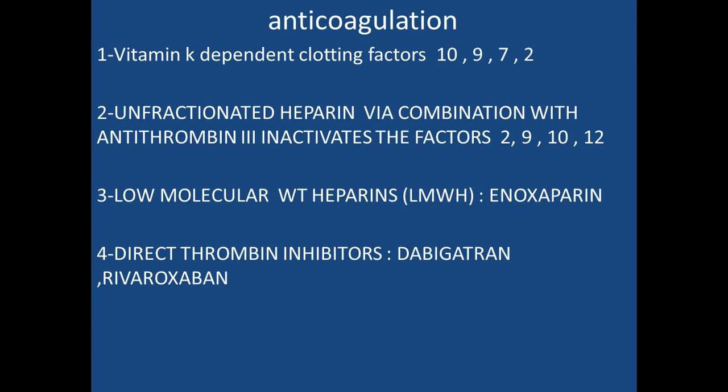And this slide is showing the classes of drugs available to treat thrombotic accidents. After we got an overview of the coagulation and anticoagulant systems that are present in the human body, we have to know these drugs. These drugs include vitamin K dependent clotting factors antagonists